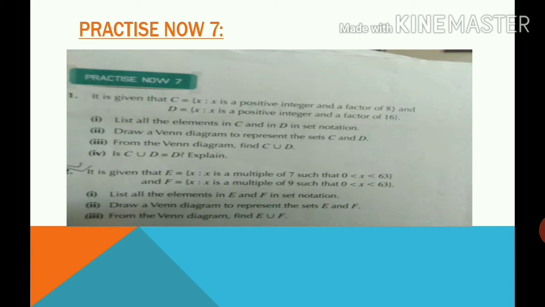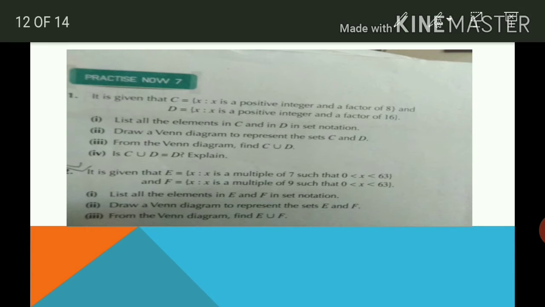As when you will divide 8 with 1, 8 divided by 1 will be 8. So it means that 8 is divisible by 1. So 1 is the factor of 8. And in the same way, when you will divide 8 with 2, 2 4s are 8. It's fully divided. It means that 8 is divisible by 2. So 2 is also the factor of 8. Then you will move forward to 4. So 8 is also divisible by 4, and it means that 4 is also the factor of 8. In the same way, you will go through all the factors of 8.